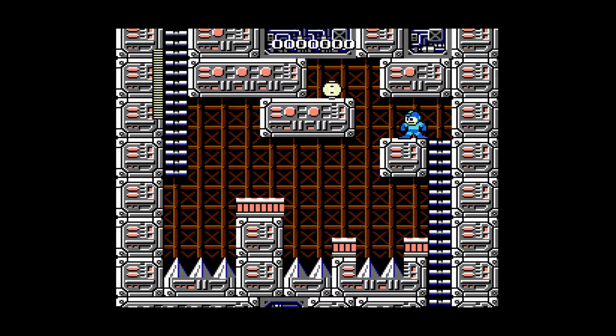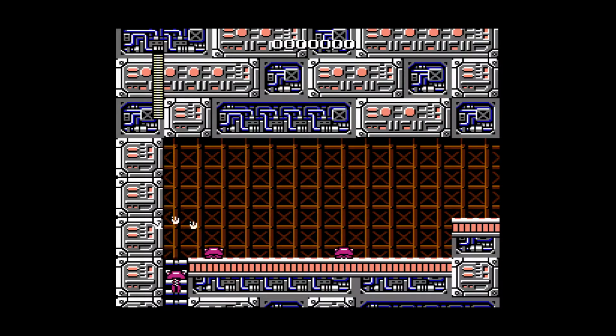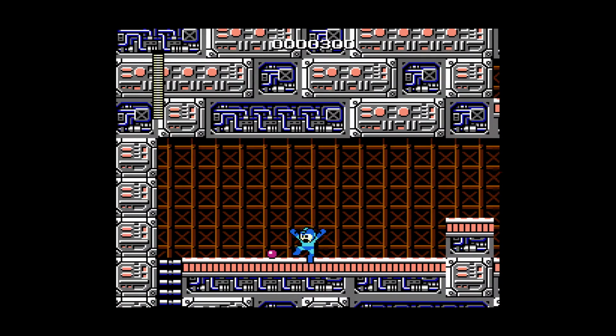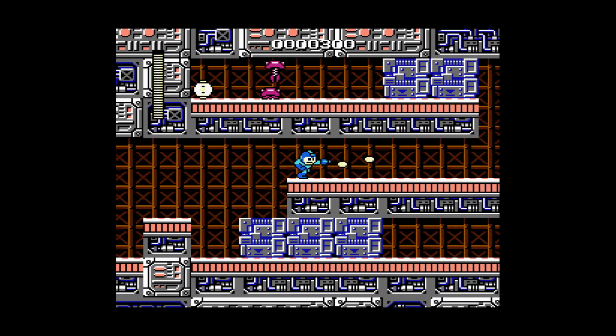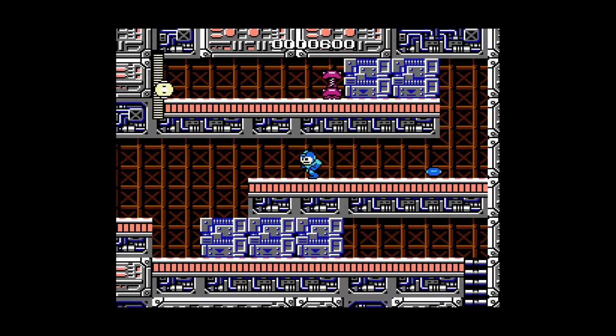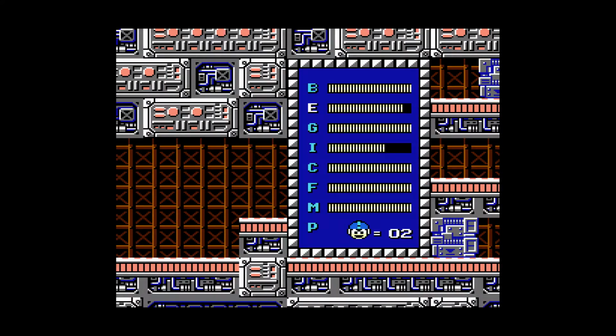Alright, let's get back to the Yellow Devil. Have our rematch of 3 lives. I get 3 attempts at least. See, that's what I was talking about, like with those enemies. Those enemies will attack you. Of course, they respawn, but